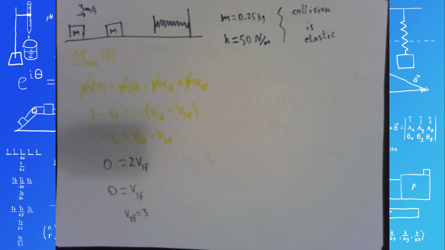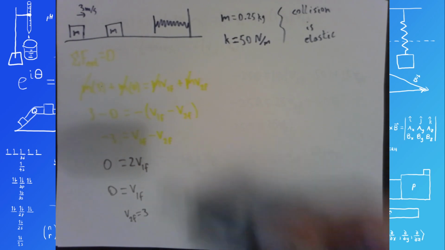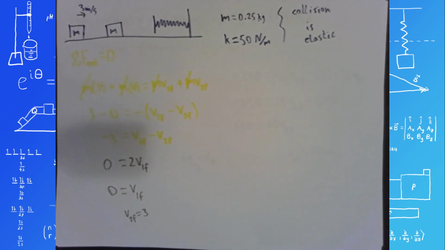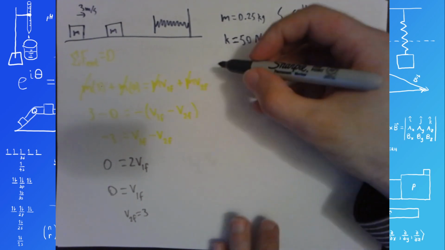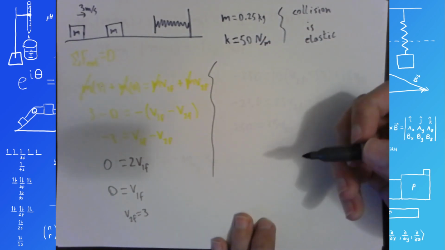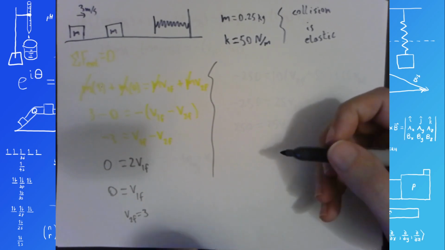Positive 3, meaning it will indeed be to the right, and that agrees with our common sense. You don't bump into something at rest and see it move opposite to the direction it was bumped into. That just doesn't happen in real life. So we already knew the direction was supposed to be to the right. And now we can do the second step, which is